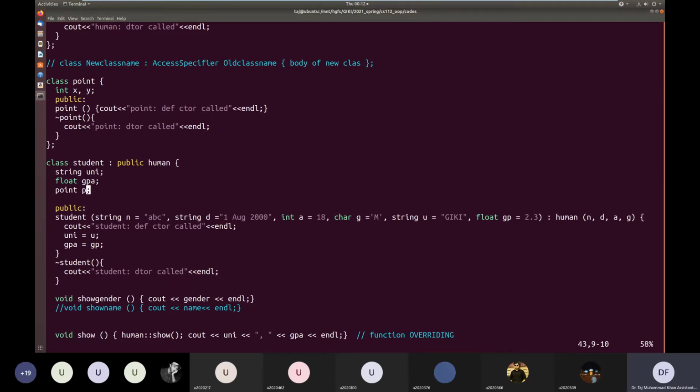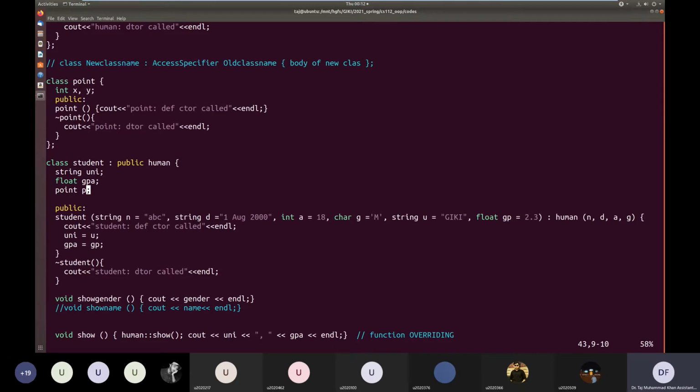Okay, so we can therefore inherit, let's say, a class teacher from human, and then inside the class teacher, it has already inherited all data related to human. We can add teacher specific data in that class. Okay, so that teacher specific data will be different from student specific data. So it will have its own variables and functions specific to teacher.